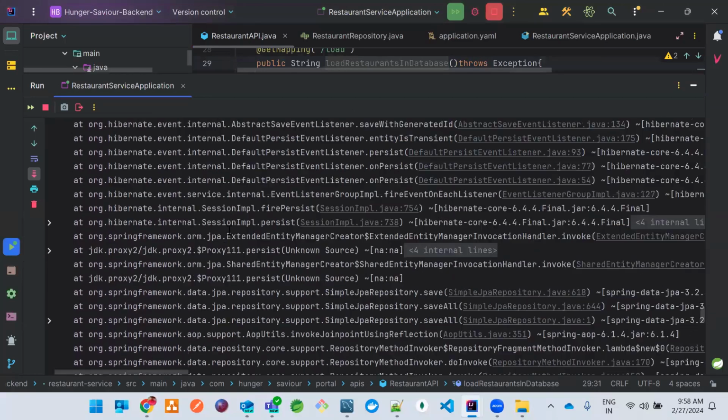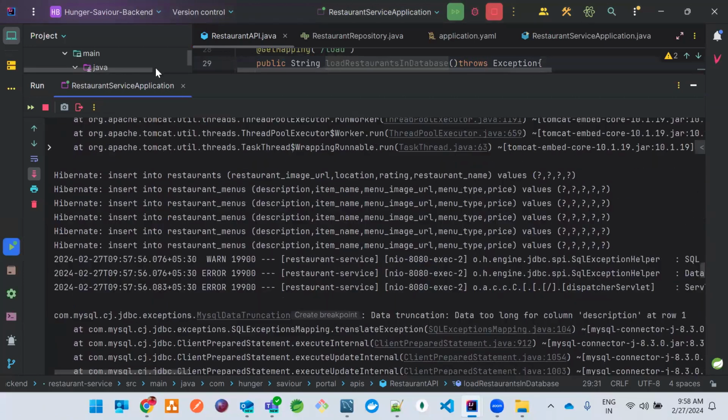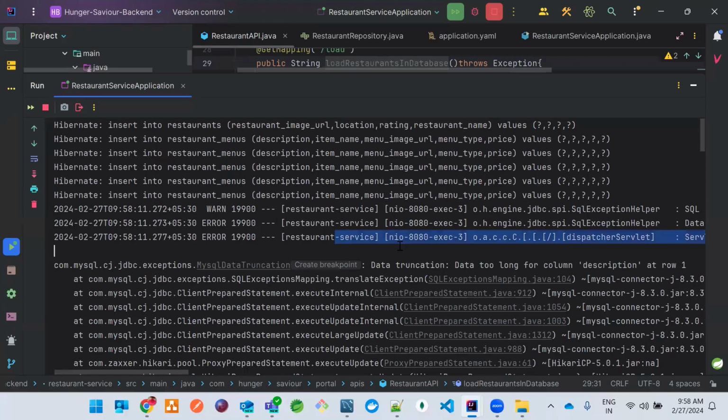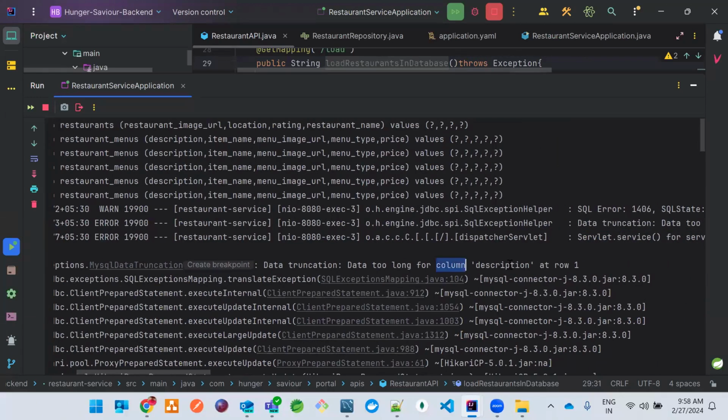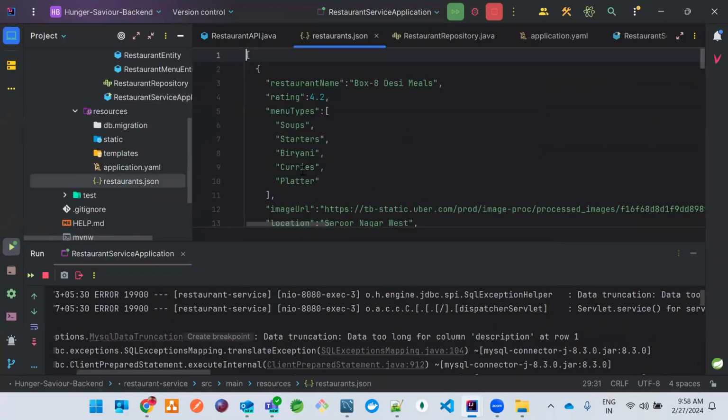So there are some related errors. Let me clear these logs and load the data again. Here, "data too long for column description at row 1." So probably, if you see the restaurant description over here,